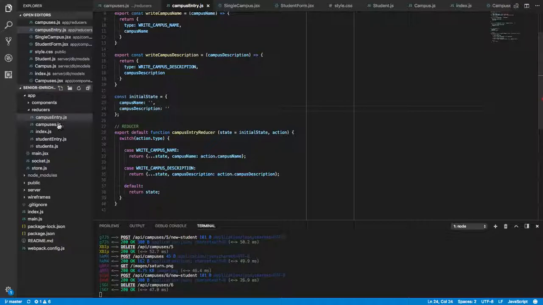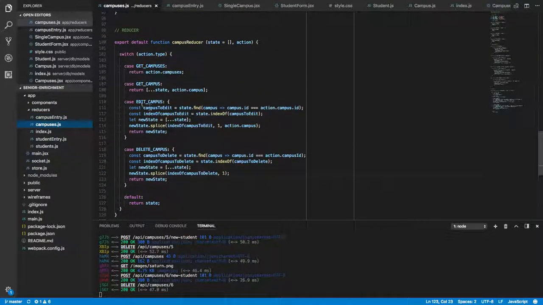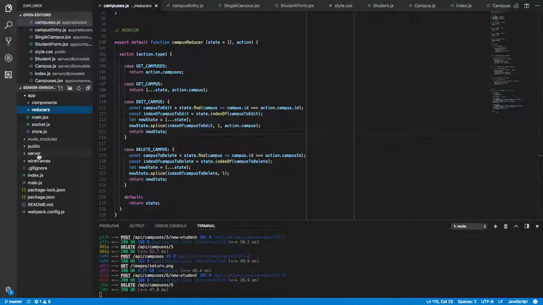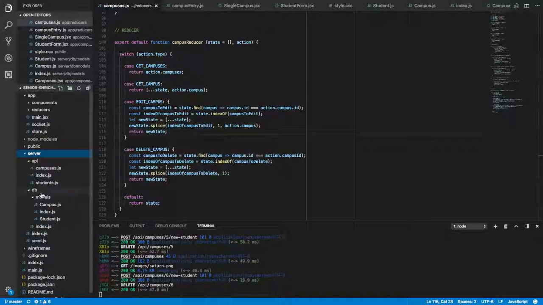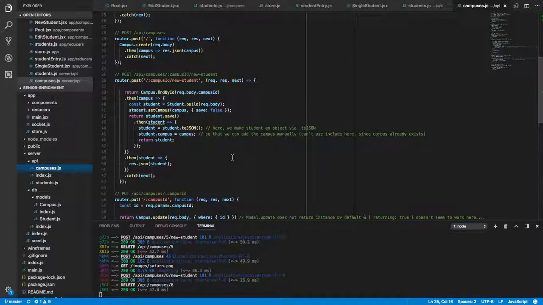The reducers for the campuses and students for edit and delete were interesting. We could do some array manipulation here, and it wasn't bad, but I just had to think about it a little bit. Another interesting thing was in our routes, getting more experience with